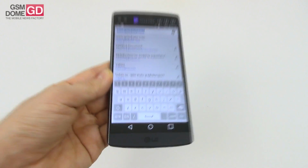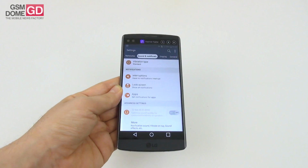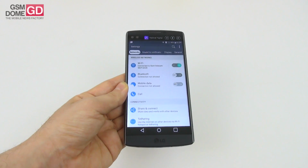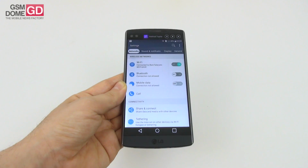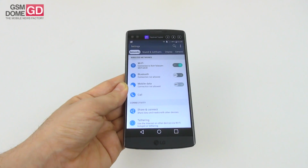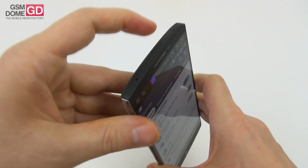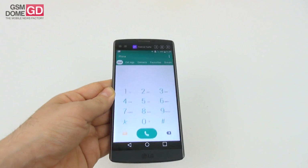Got a comfy keyboard, well spaced, has a numeric row. When it comes to the connectivity, we are completely covered. Let's see with what. We got Bluetooth 4.1, Wi-Fi a/b/g/n/ac, micro USB 2.0, GPS, GLONASS, NFC, LTE category 6 up to 300 megabit download. There's DLNA, there's this infrared emitter at the top, there's Miracast,